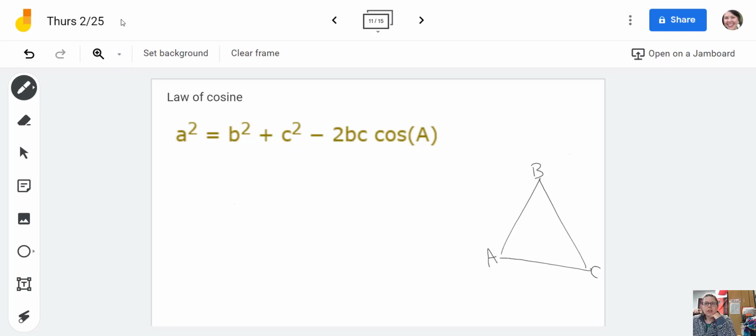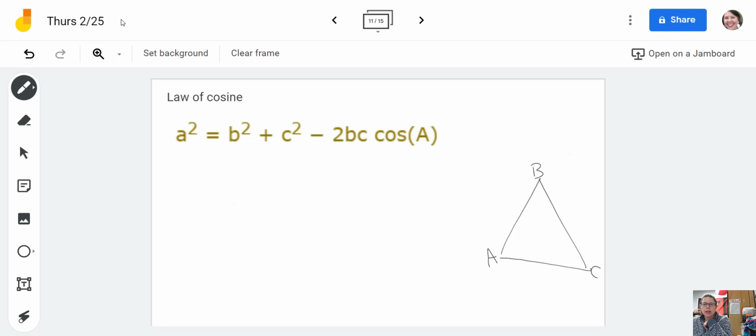Today we are going to learn about the law of cosine. Before, we were talking about law of sine, and today we're talking about the law of cosine. You may notice in the law of cosine that there are some elements of the Pythagorean theorem in here along with cosine. Everything gets labeled the same way that we labeled things when we talked about